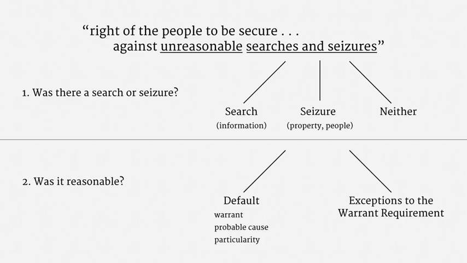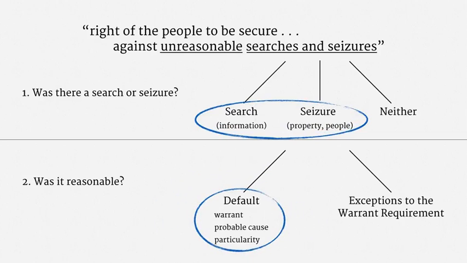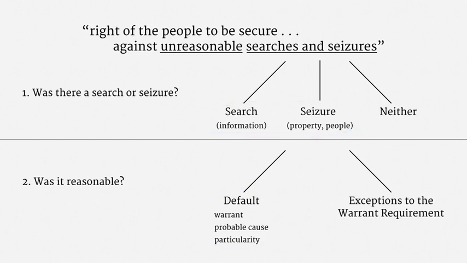In one category, the court would classify a practice as a search or a seizure and impose all of the default warrant, probable cause, and particularity requirements. In the other category, the court would classify a practice as neither a search nor a seizure and impose no Fourth Amendment requirements. The modern trend at the Supreme Court is to define new categories under the Fourth Amendment which don't get all the warrant protections, but do get some protection. The third-party doctrine is very much a creation of the old approach, in which many practices were ruled totally exempt